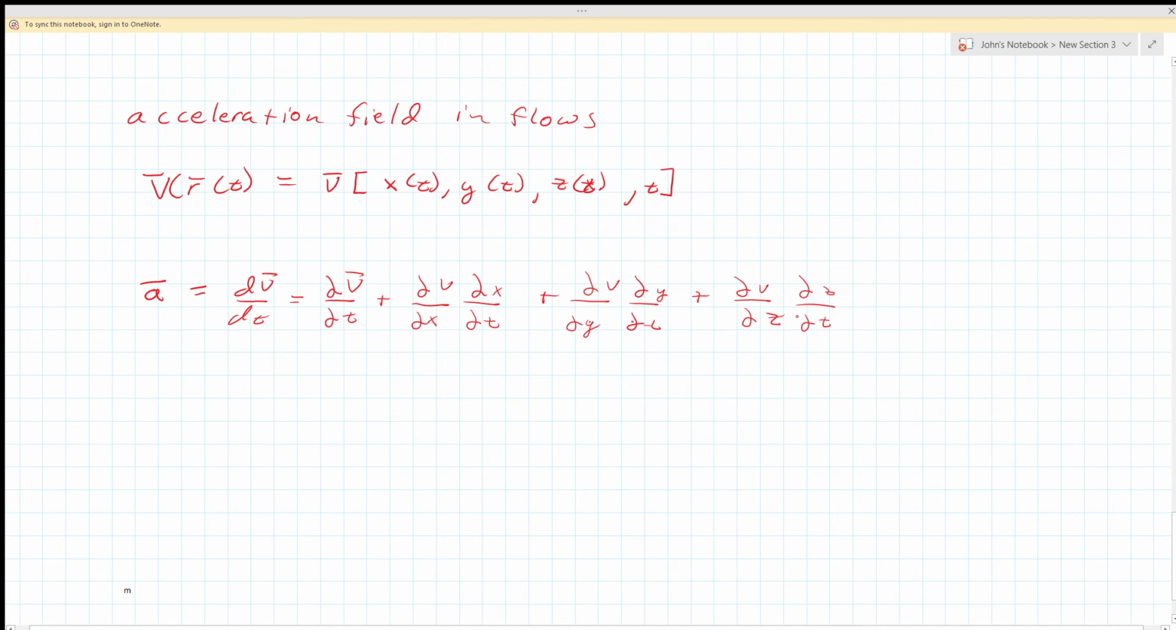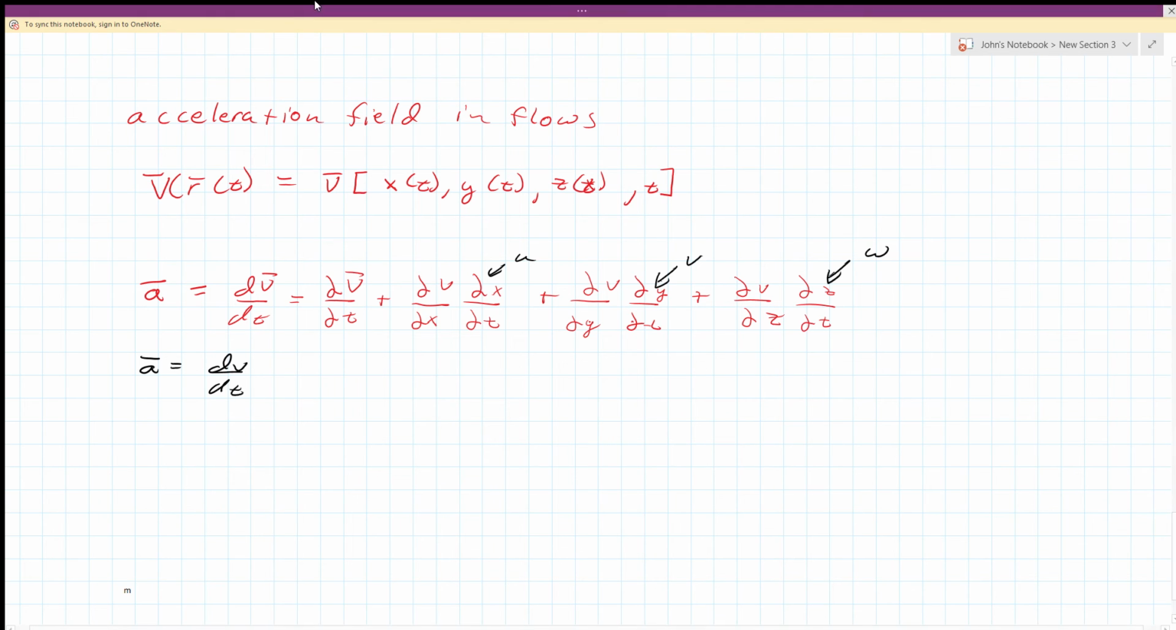Now, you might recall earlier I said u is the velocity of the particles in the x direction, v is the velocity in the y direction, and w is the velocity in the z direction. Well, dx/dt, change in position over change in time, that's u. dy/dt, that's v. dz/dt, that's w. So my vector equation here becomes